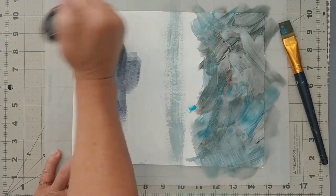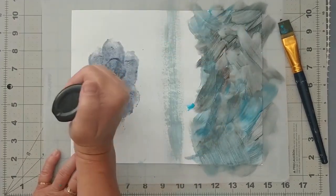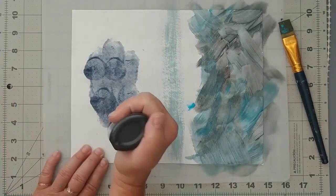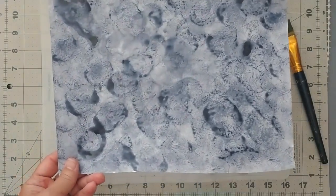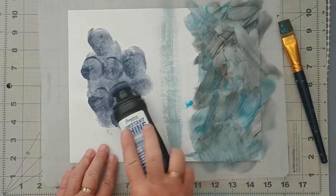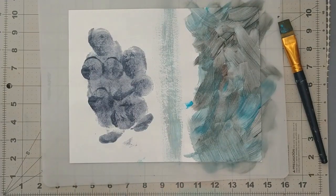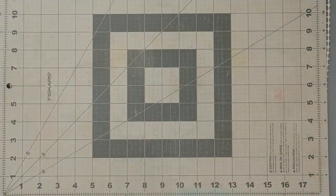So on that other one that I did, as I was going, I was sort of trying to add little circles and little splotches like this. And it gives you that really nice textured, speckled look. So when you're making your collage papers, you have some texture to work with. Okay, so that's very, very basically how I made all those papers that I showed you earlier. And I think I'm just going to put this aside and we get started